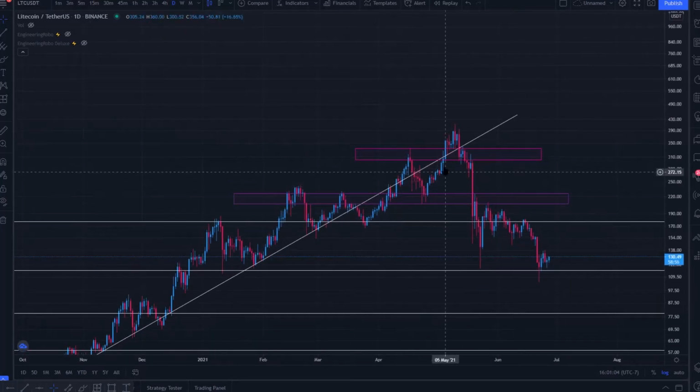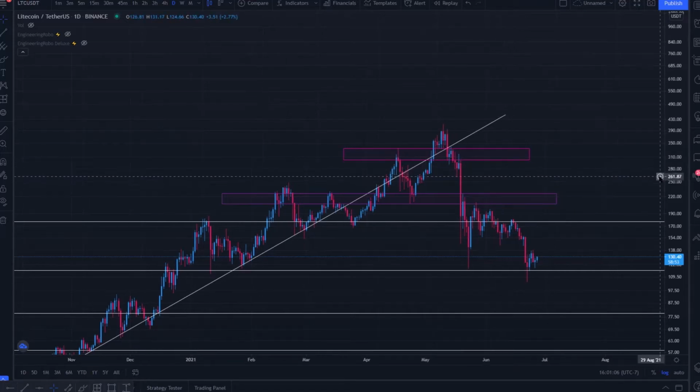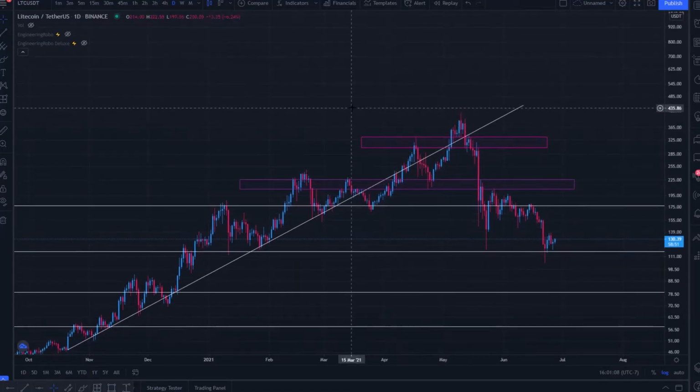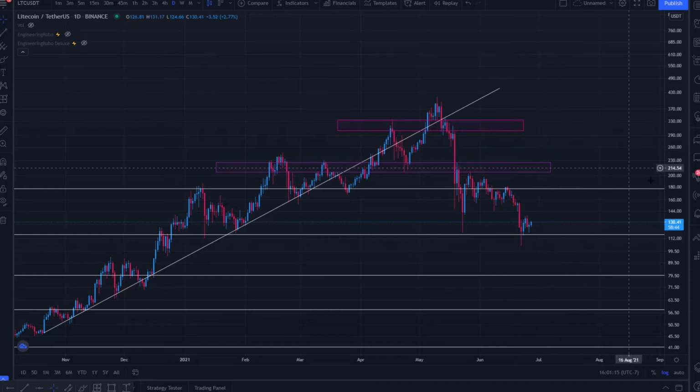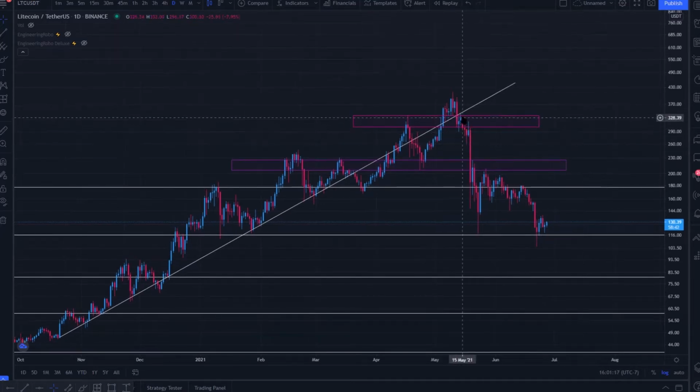We were printing higher lows and higher highs, and so we were still looking quite bullish, although from this very aggressive upside in a relatively short amount of time, some downside or sideways might be necessary for the trend to continue in the long term. And so momentum switched very abruptly. We broke that ascending trend line as support, confirmed it as resistance, I believe, on the 13th and 14th of May. Continued to come downward, back testing resistance, falling through support, coming all the way back down to this $177 level from that swing high of like 415.